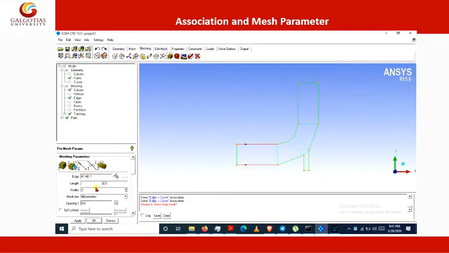Select this, supply node numbers 30, apply. Select this, 20, apply. Select this, 20, apply. Select this, 30, apply. Select this, 50, apply. Select this, 10,